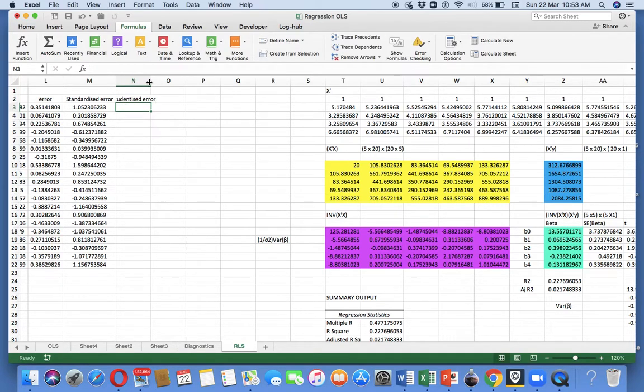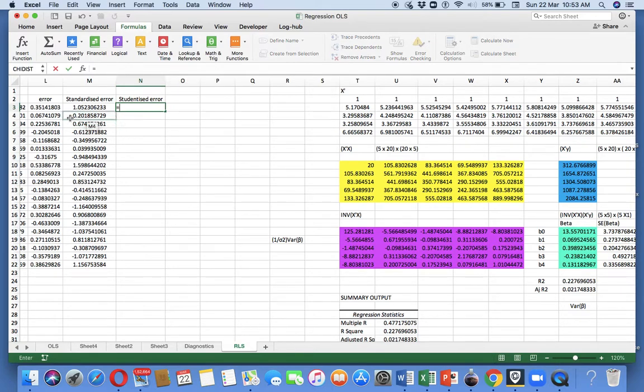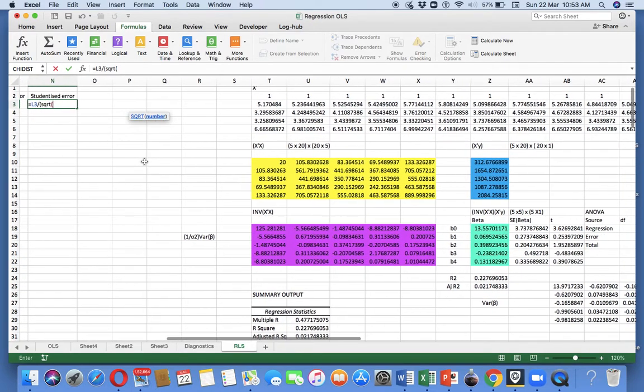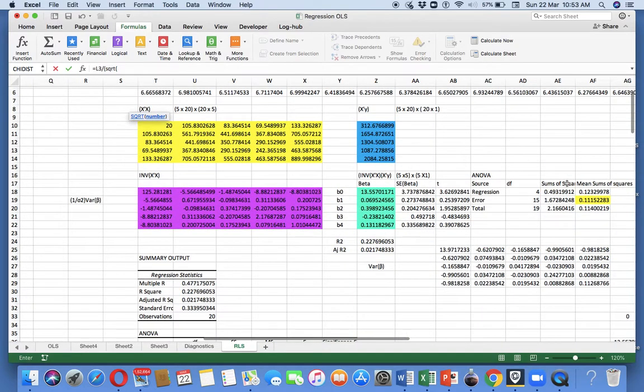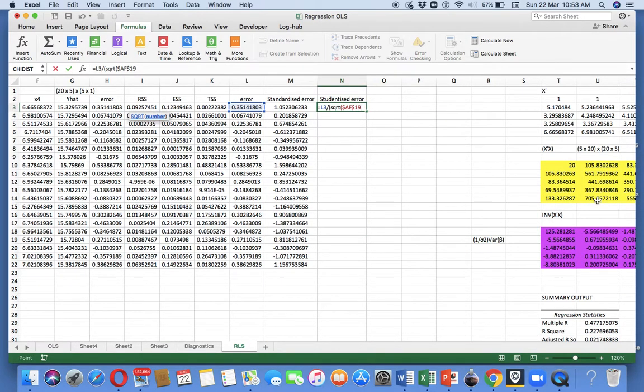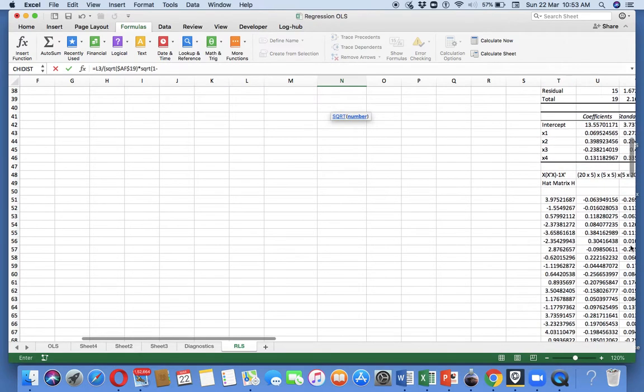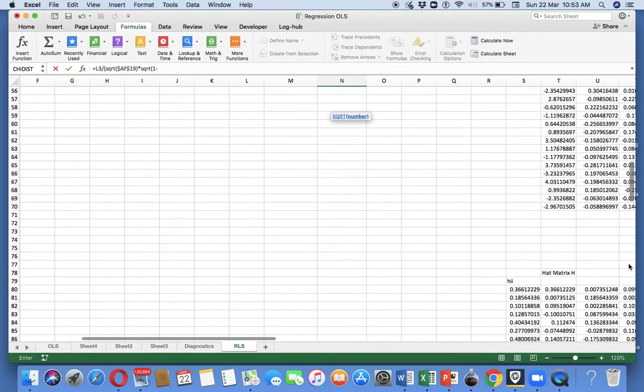So the studentized residual is calculated as the same E divided by, open a bracket, square root of the mean square error, I'll fix it with the 4, into the square root of 1 minus the first HII, which is obtained over here.